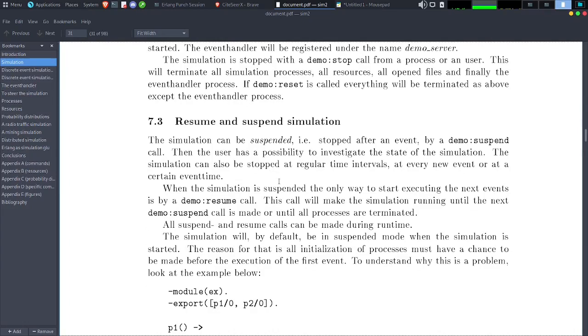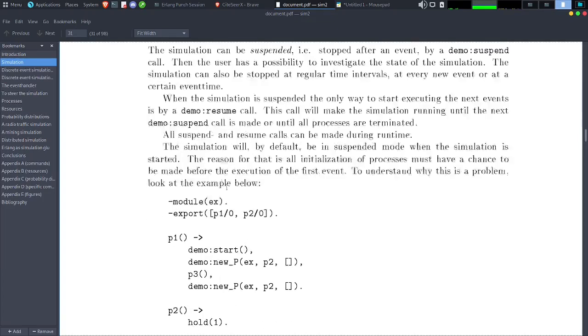Resume and suspend simulation. So that is, I think, one interesting part of this paper. The simulation can be suspended, stopped after an event by a demo suspend call. Then the user has the possibility to investigate the state of the simulation. The simulation can also be stopped at regular time intervals, at every new event, or at a certain event time. When the simulation is suspended, the only way to start executing the next event is by a demo resume call.